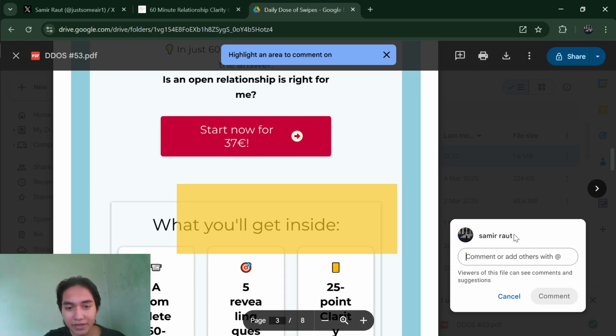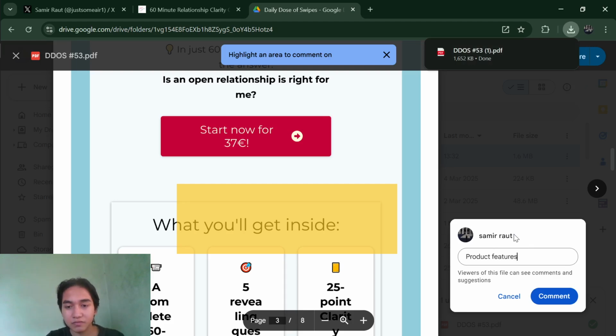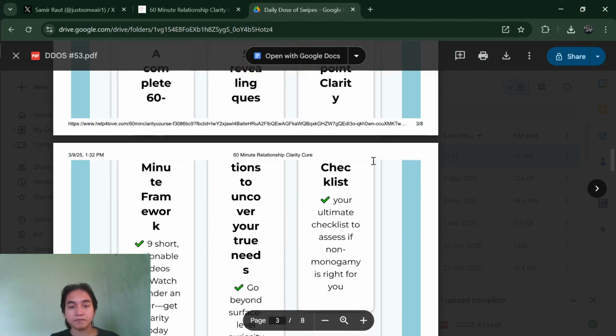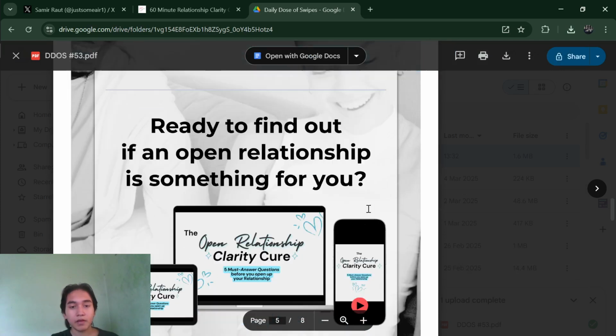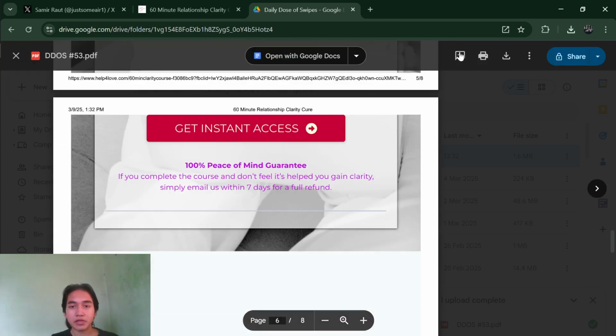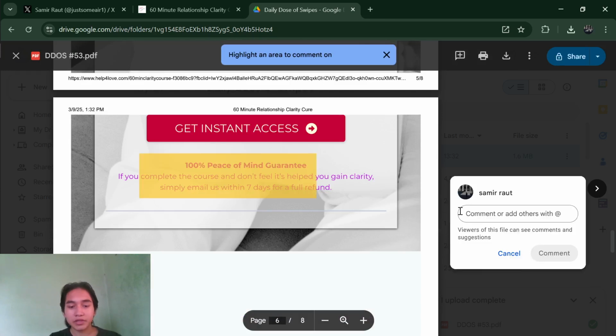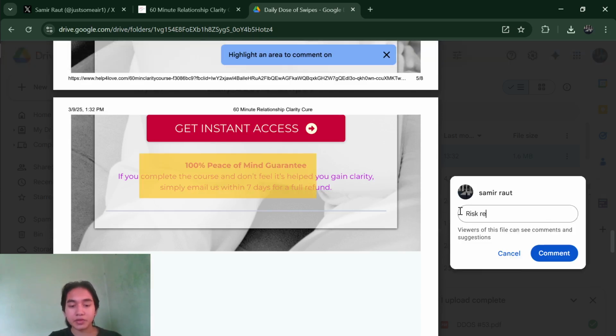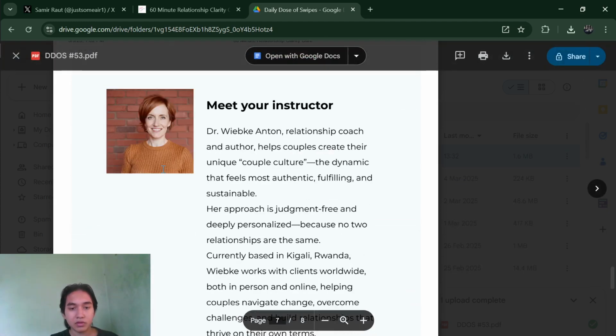What you'll get inside: product features, benefits, and price reveal, which happens pretty early on. Guarantee, or let's call it risk reversal. Guru section,